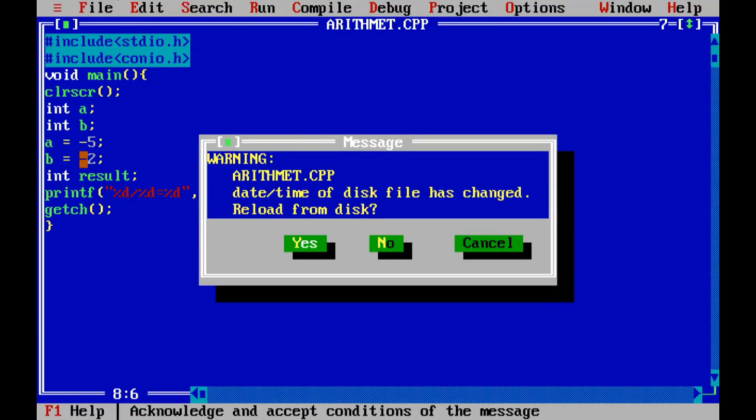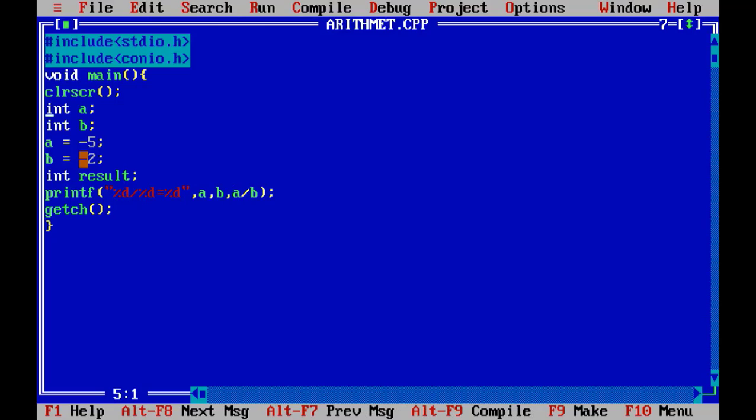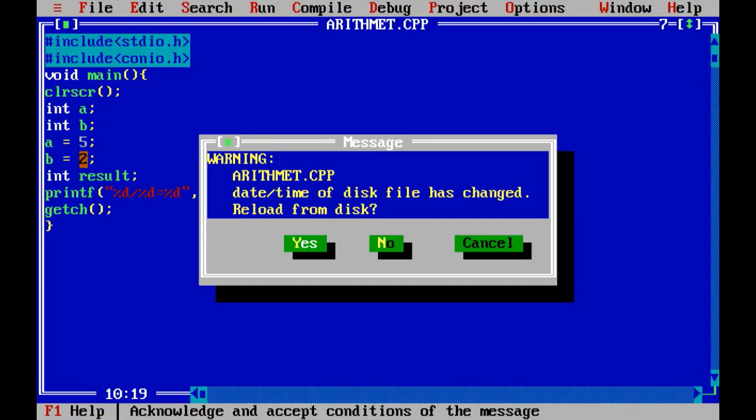Minus 5 divided by minus 2 is equals to 2. Now let's make both numerator and denominator positive value. Let's check. Let's save the code, compile the code, and execute the code. Our numerator is plus 5, denominator is plus 2, hence answer is also plus 2. We have seen multiple examples. Now let's move on.